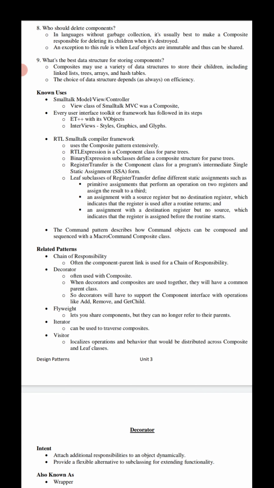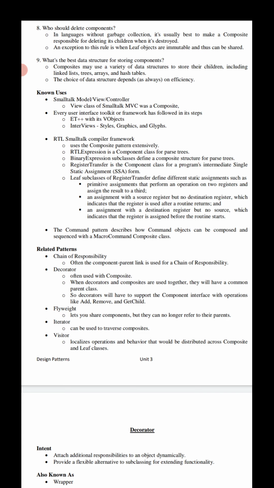Coming to the RTL Smalltalk compiler framework, we also use the composite pattern extensively, and binary expression subclasses define a composite structure for parse trees.